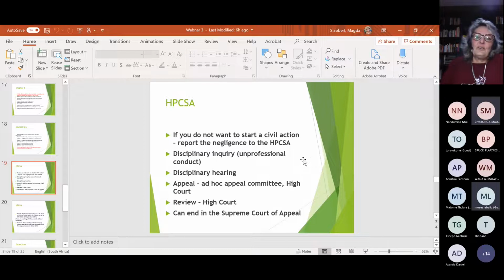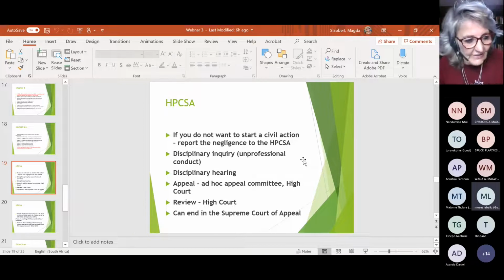They will interview the doctor who is alleged to have done or acted negligently. So there will be that whole inquiry, as you've seen, or you are going to see in the De Bruin case. Then there's a disciplinary hearing, and at that hearing, the doctor will be able to call witnesses, cross-examination, etc. And then the disciplinary committee will reach a decision, and they will then inform the doctor